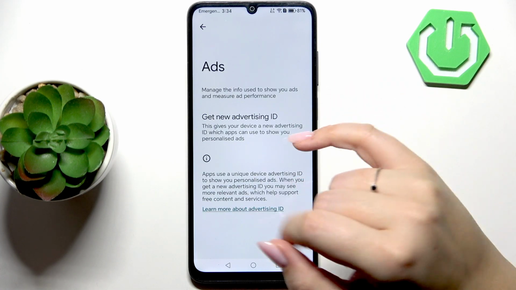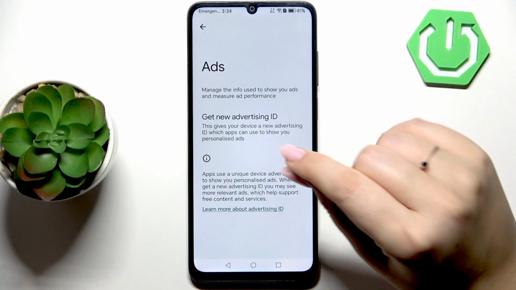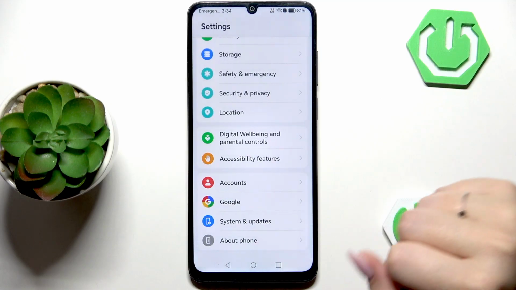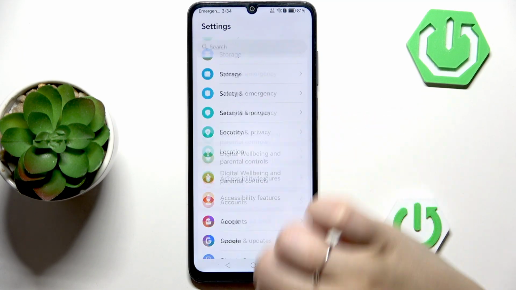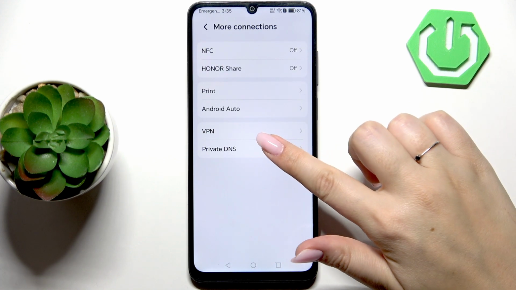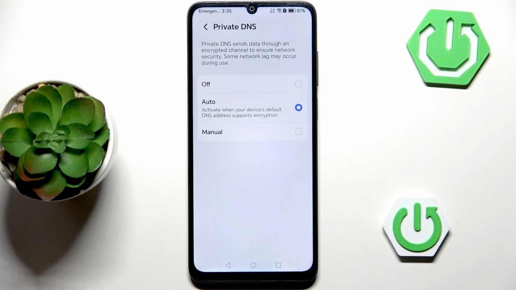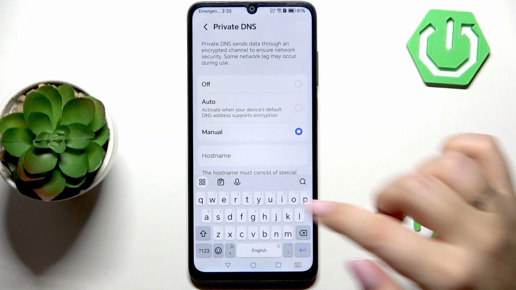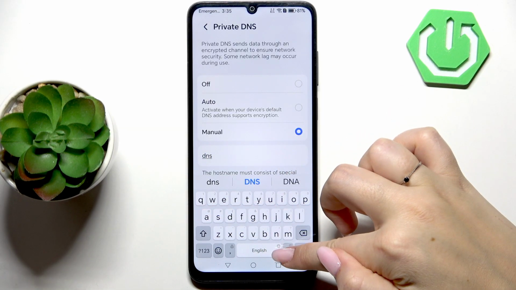So what you have to do here is to tap on Reset Advertising ID, confirm it, and then tap on Delete Advertising ID. Another thing which you can do here in the settings is to scroll all the way up and go to More Connections. Here we've got something called Private DNS, so just tap on it. Here let's tap on this manual option, and here we have to enter in the host name